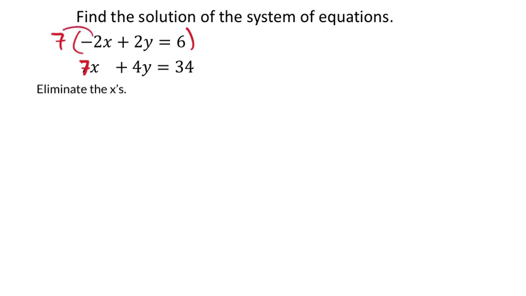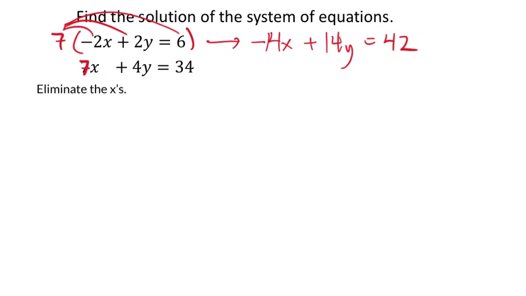I'm just going to multiply the 7 there by the negative 2x, which should be negative 14x. Then I've got 7 times 2y, which would be positive 14y. And then 7 times 6, which would be positive 42. So that's my new equation from the top. Now, since I already said my goal is to eliminate the x's,